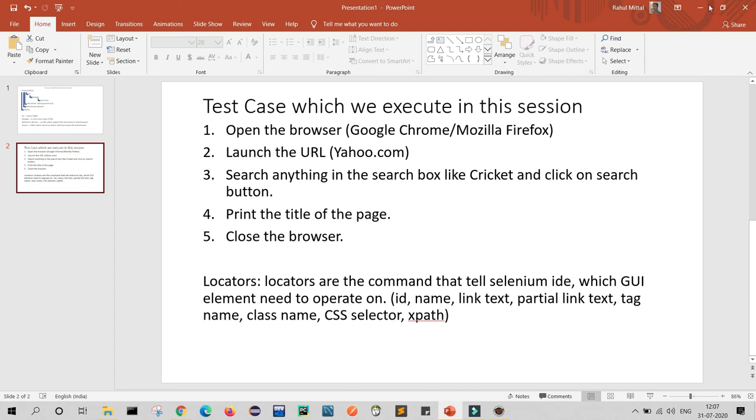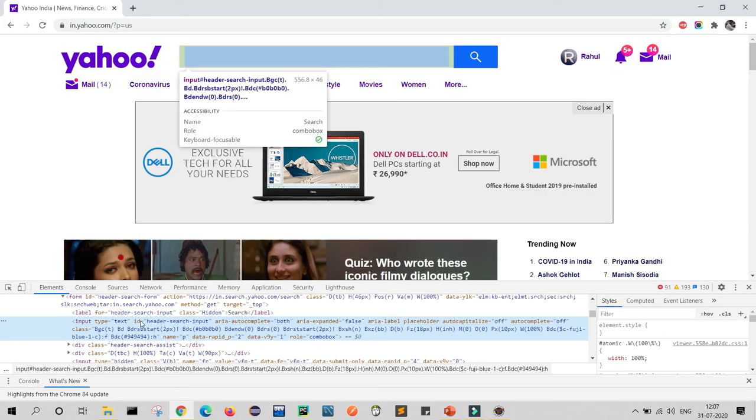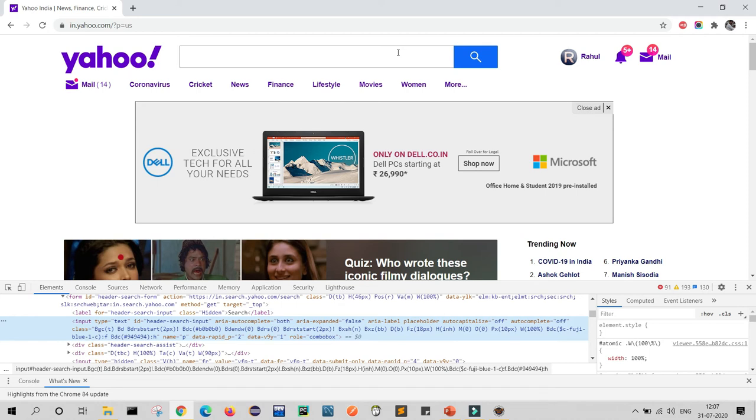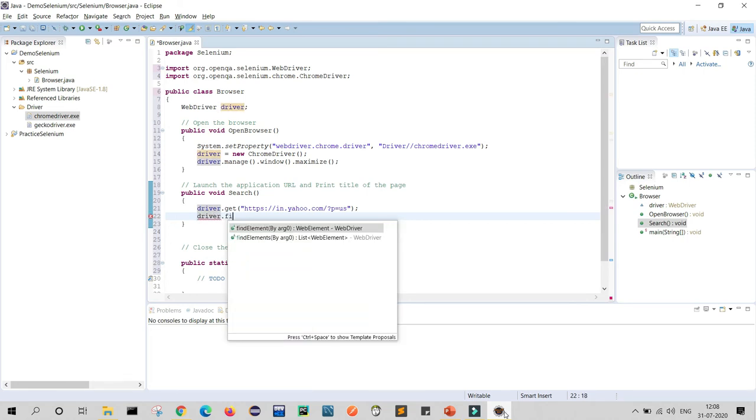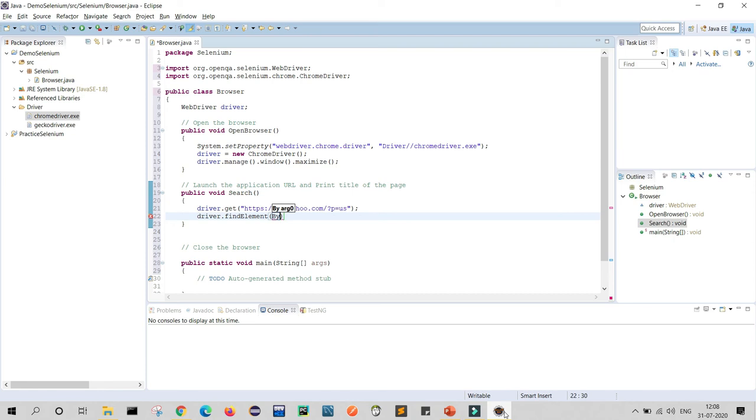So I will just copy this ID, move to our script, and I will write driver dot find element by ID, and here in inverted commas I will provide the ID name.